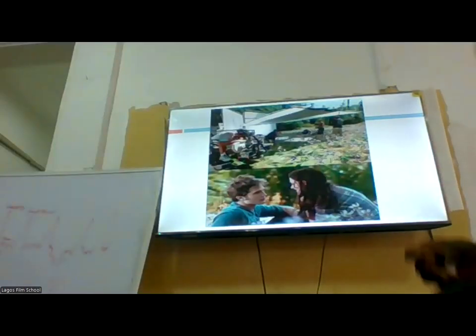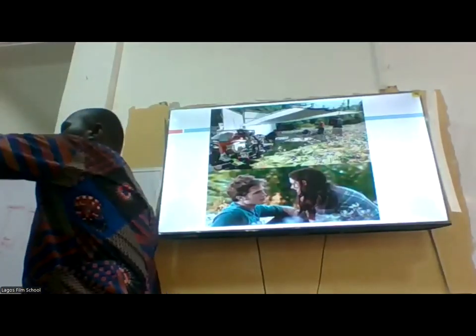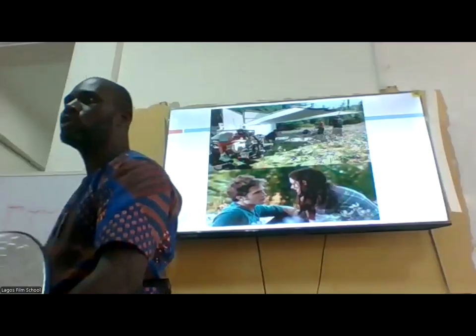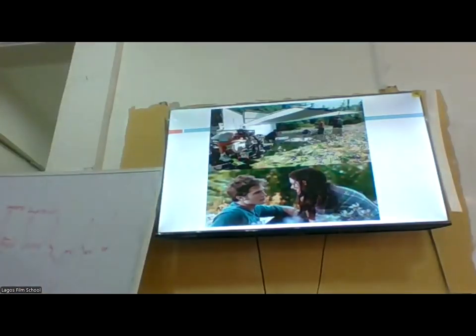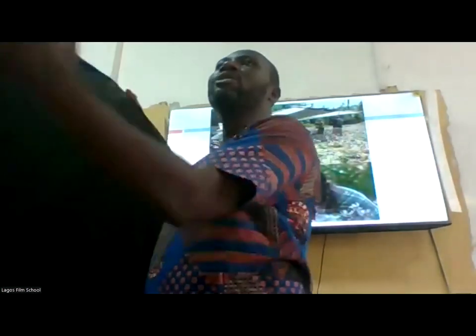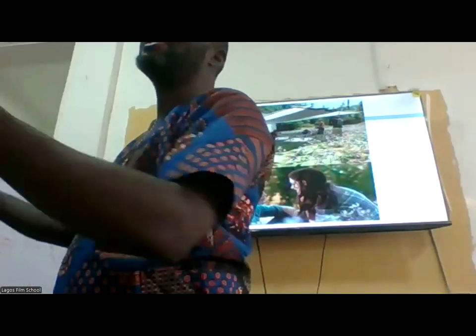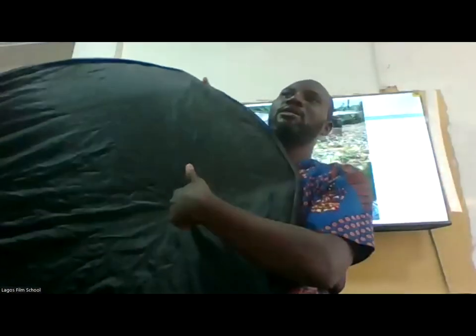The idea is to have something to soften light. You can reflect light onto the face, for example. Most people don't know what this thing is for. People just buy a reflector and use only one side of it. This is probably the most important part of this reflector. Why? Because as much as you want to add light, there are times when you want to subtract light. This one adds light. Who subtracts light? This one.